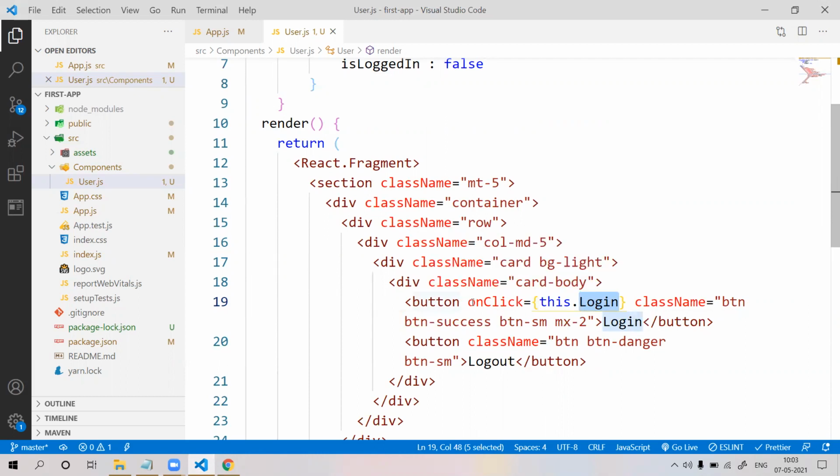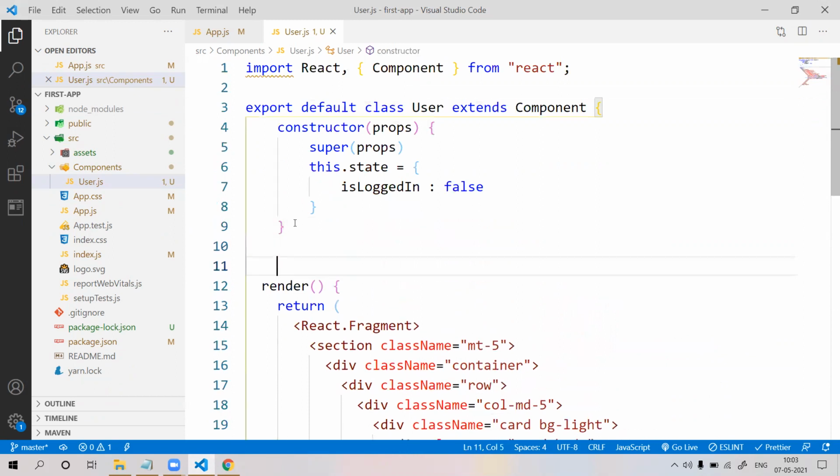Copy this thing and go to logout. Copy this, go to here, paste it. This will be the logout button. Now go to here, define some state.